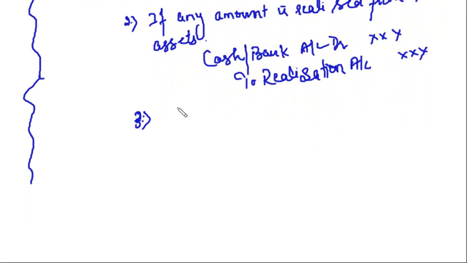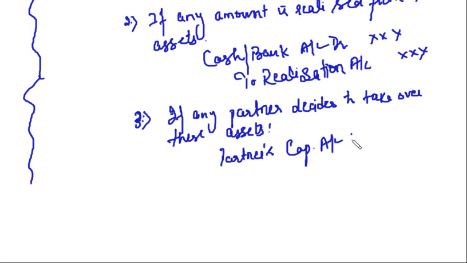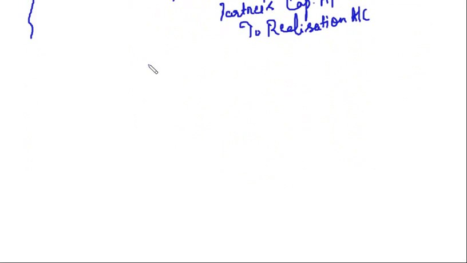Then third point, if any partner decides to take over these assets, then the journal entry will be partners' capital accounts debit to realization account. Clear, friends? Then fourth case,